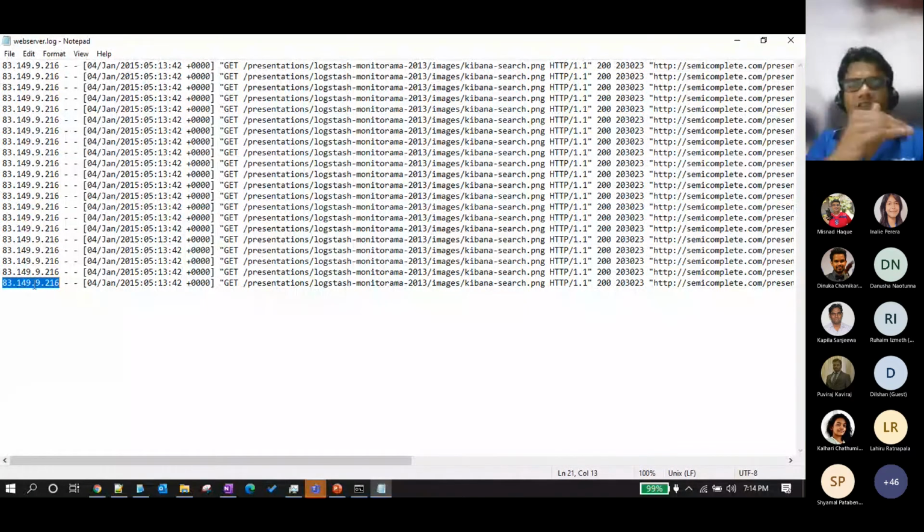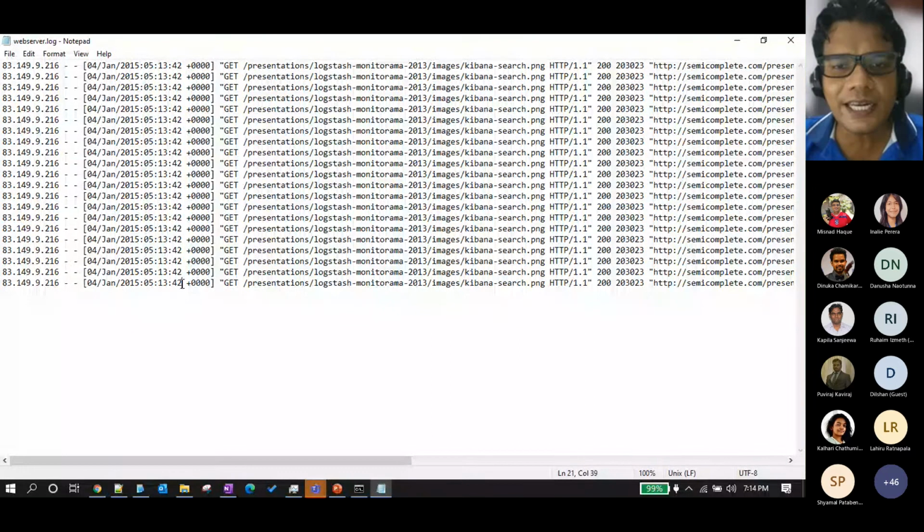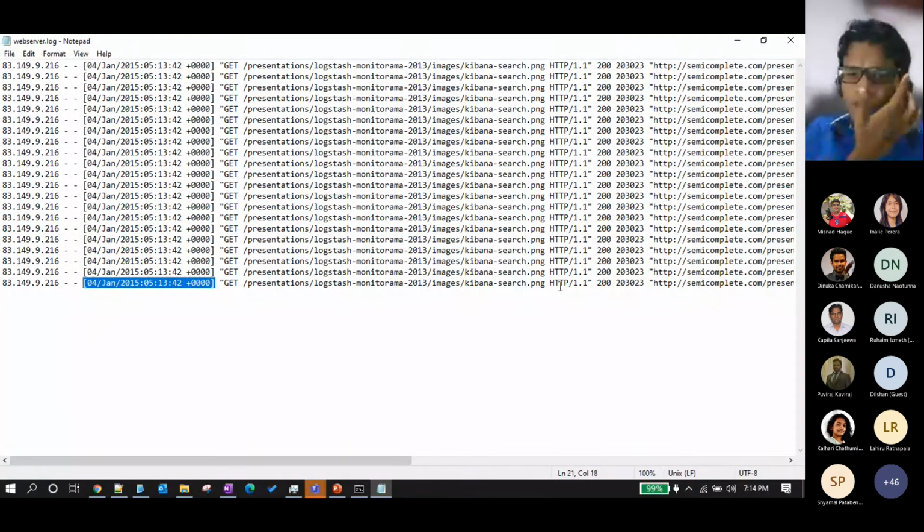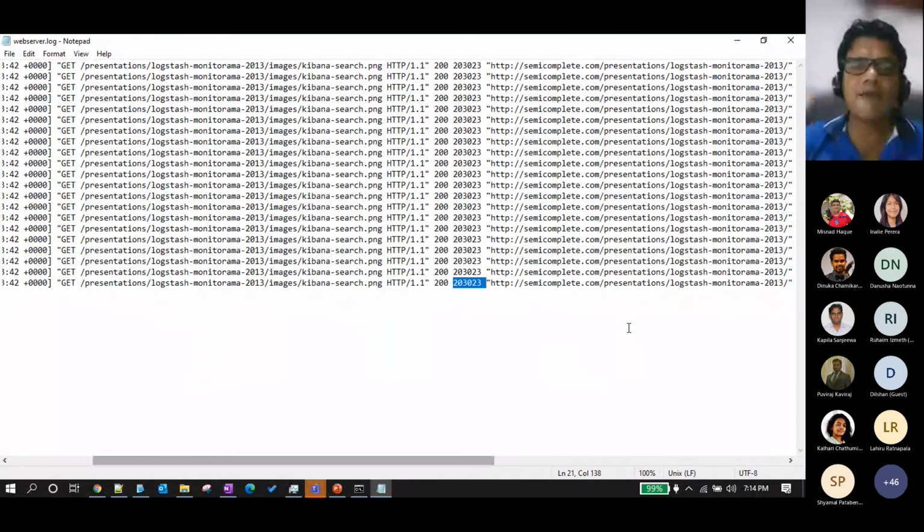We have aligned the logs in such a way, and the WebLogic logs also we have written in the same way. Every server is writing logs in the same format, so I can easily do the filtration at the Logstash level.